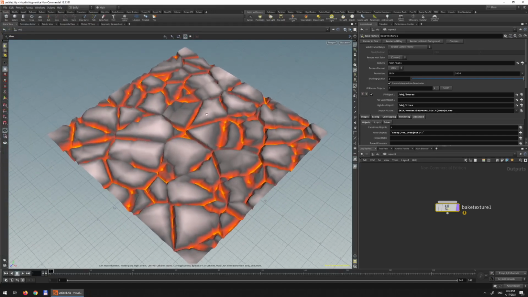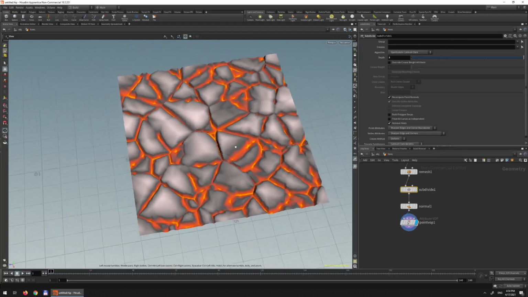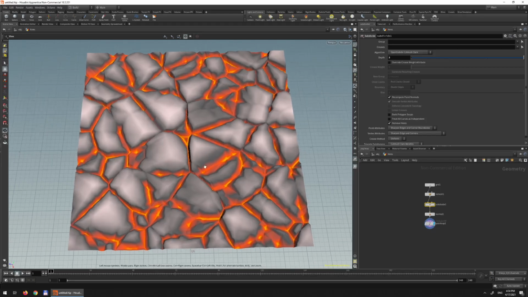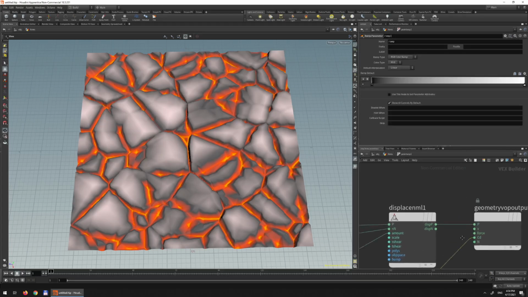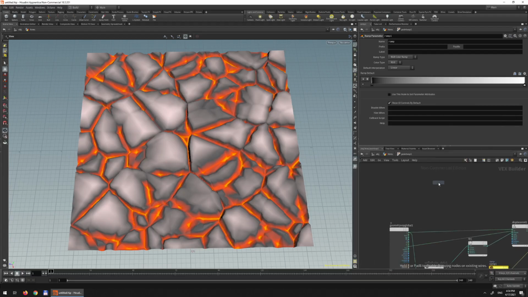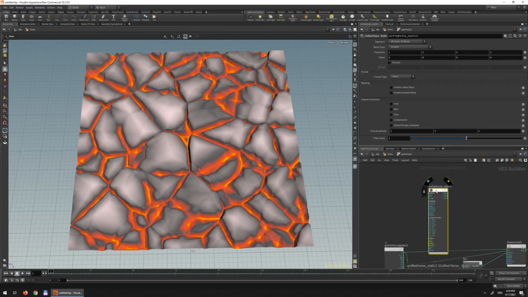So as I said, this is how you bake the textures. Let's go back to the high-res and make this texture a bit more interesting. You can stop right now if you want to, and if you want to continue, feel free. I'm just going to add some more noise into this so it looks a bit better. So we are going to create additional noise inside the point WOP. Again, drag the position here,